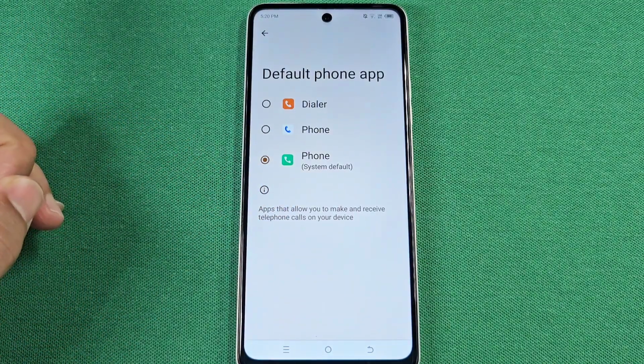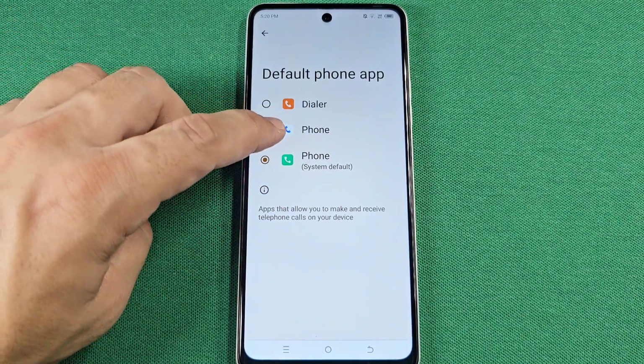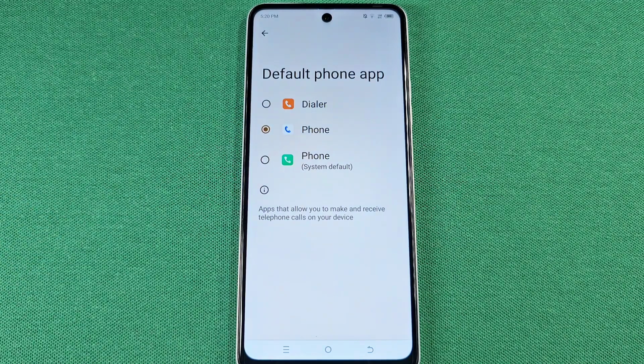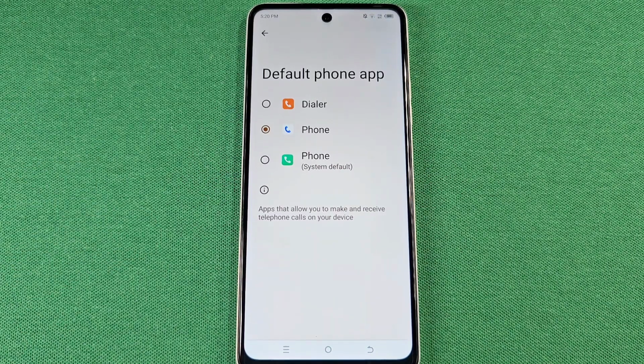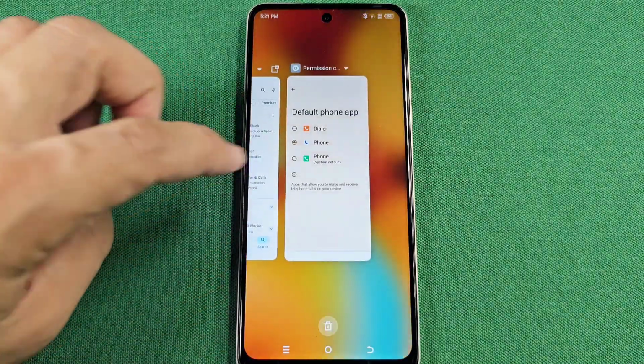But if you want to switch to another dialer app, like perhaps the Google one, just go ahead and tap on it. Sometimes it may ask you to restart your phone, and sometimes it just lets you use it right away. Now, if you only see one phone dialer app, that's because you need to go into the Play Store